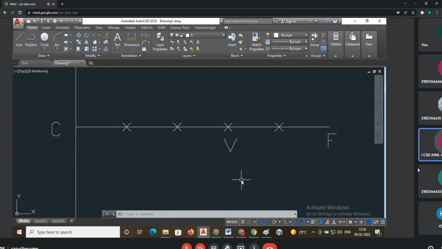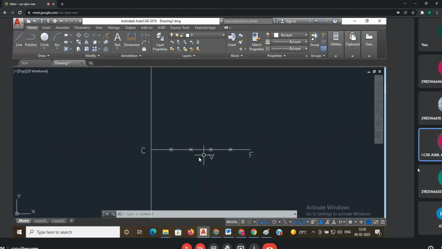That's why don't get confused here. Whenever you mark this vertex point, after marking it, observe. Just go with 2 seconds. Within 2 seconds, you can judge whether the vertex point is near to F or near to the directrix. Whenever it is near to the directrix, which is a vertical line, you will get an open curve. Towards F, you will get a closed curve.